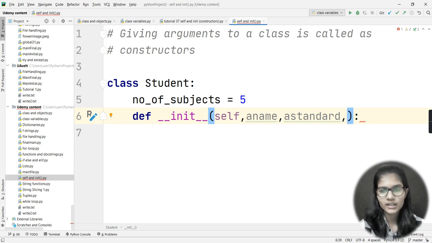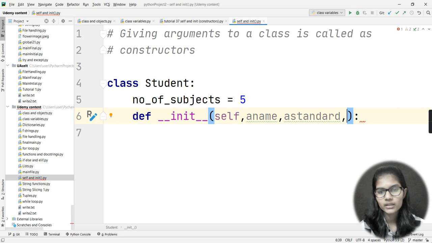Now here I have one more question for you all. Let's say you have made a class student. Now in that student class you want to enter the details for 10 students. So what will you do? You will make 10 objects. That is okay, till this point you can do.